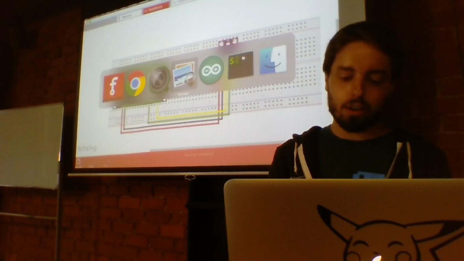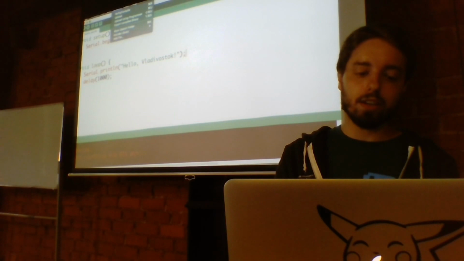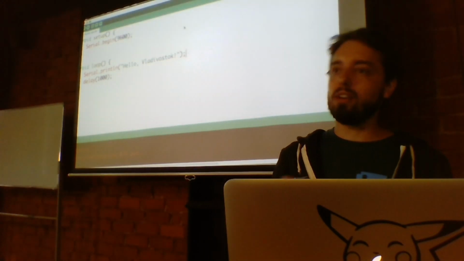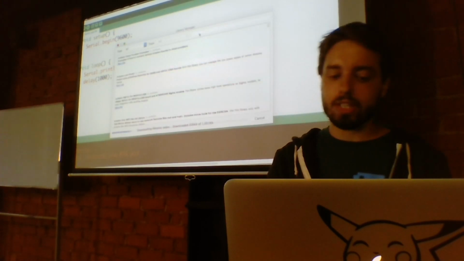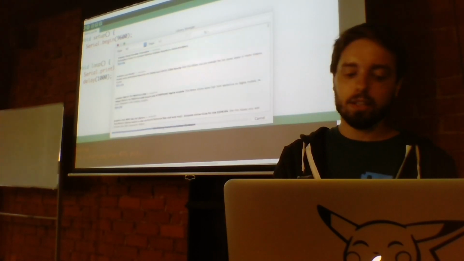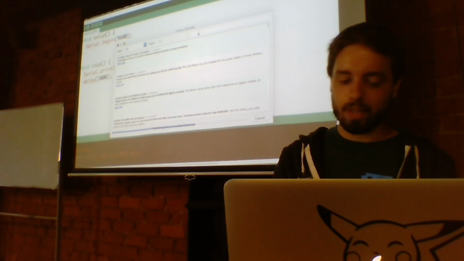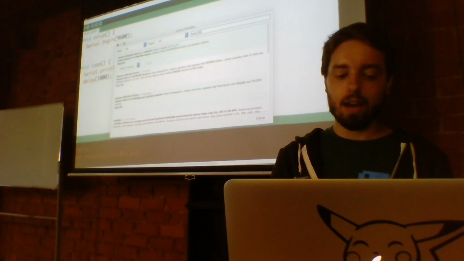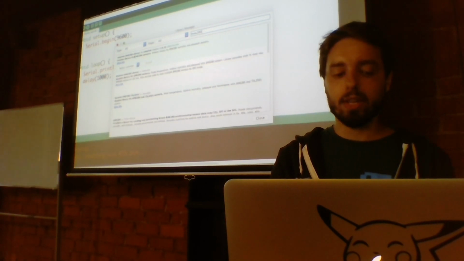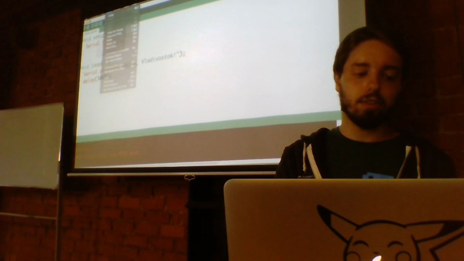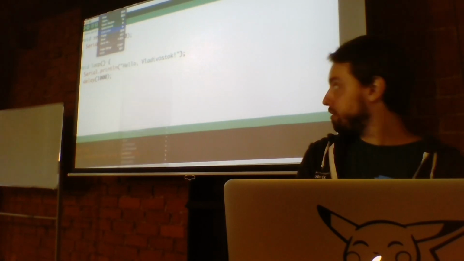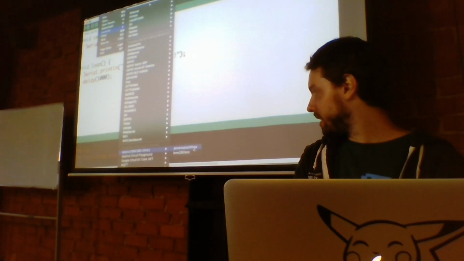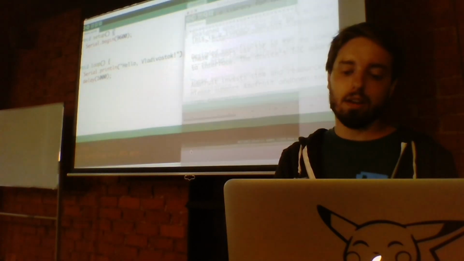Okay, so now in your Arduino IDE, you have like a dependency manager, so you can just include library, and here we will include a library to connect to our sensor, which is called the BME280. So what you usually do is you go to the library manager, here you write BME280, and then you will have to download the library. So here I already downloaded it, and a good thing with the Arduino IDE is that it provides you some examples on how to use the libraries. So here I already have an example telling me how I can use my sensor.